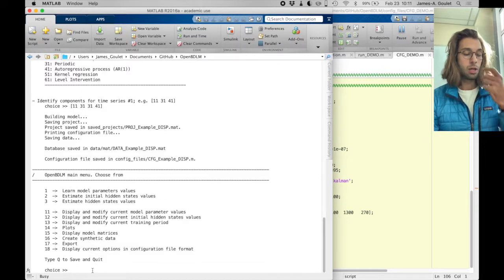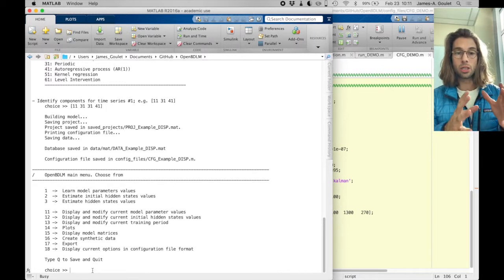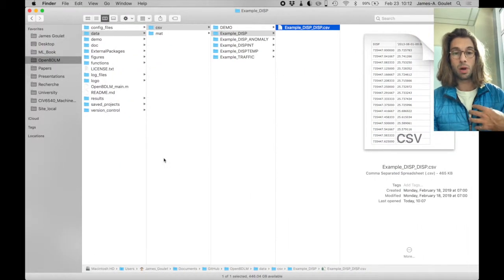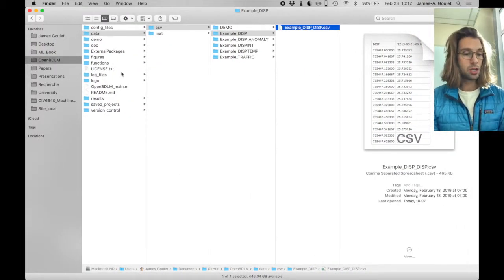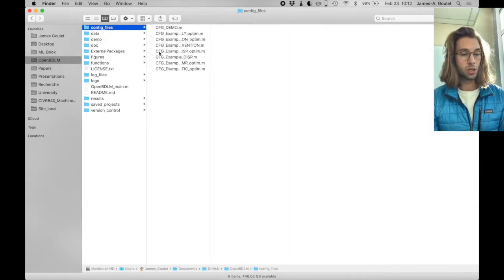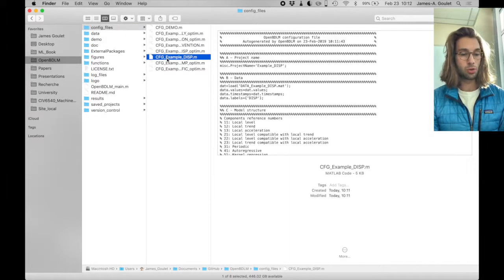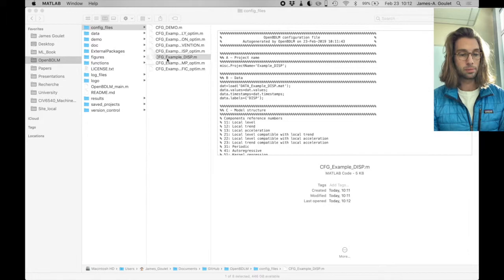I type return. Now OpenBDLM automatically loads the file, creates for me all the necessary model configuration, and creates a config file that would allow me to rerun the same analysis, in the config file /cfg example_dip. This corresponds to the name I gave to the file. So if you go in config file, you're going to go here, cfg example_dip. You can see